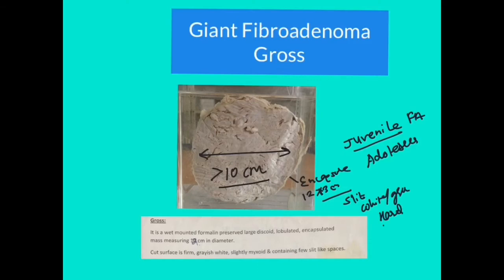Another important thing is fibroadenoma is benign, so most of the time it has a regular margin. Okay, so regular margins are there, and it is also called the mouse of the breast, because whenever you palpate it, it will run away from its place. So these are all features.